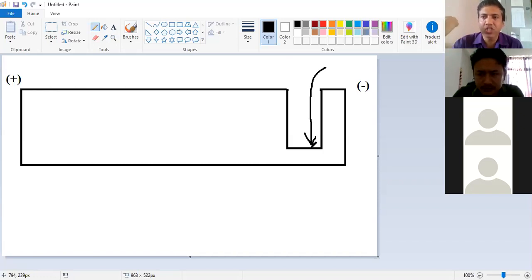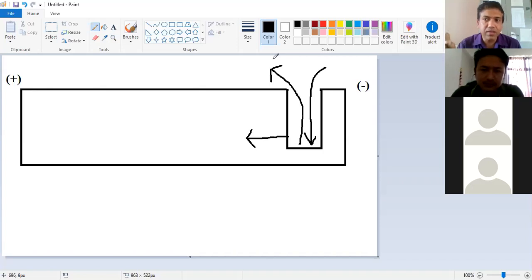So what will happen once you load the DNA into the well, the DNA will come out of the well. It will float in the electrolyte solution. It will not go down, because your DNA should go down to the bottom of the well. Then only it will enter the gel, and then it will separate. If it doesn't go here, it will come out, then your purpose is not solved.